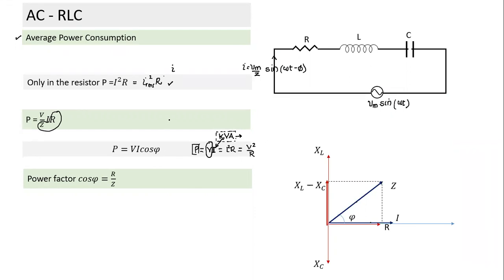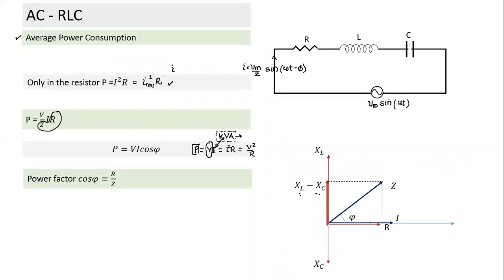Yes, Vignesh? Sir, why will the power consumption always be less than in a DC circuit? See, there is a reason here. If voltage and current were in the same phase, power consumption would have been VI. The fact that they are not in phase is why it is not VI. And what will make them be in phase? That comes in the later part, which is resonance. They will be in phase if XL is equal to XC.